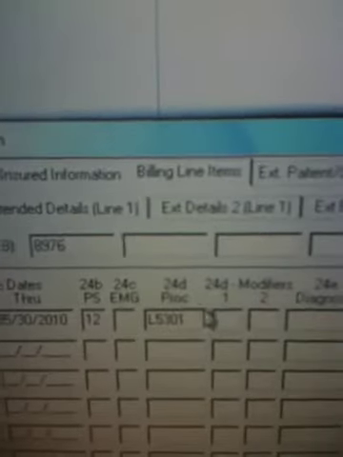Alright, and then you don't need the EMG. So you're going to tab over. Type in the first code, L5301. Alright, and then you're going to start with your modifiers. It's not necessary for a bilateral patient to have a K level modifier, so you're going to put RT, LT. As you type in enough information, it will automatically promote you to the next box. Okay? Diagnosis is going to be 1 because you're referring back to the first diagnosis. Okay. And now you're going to